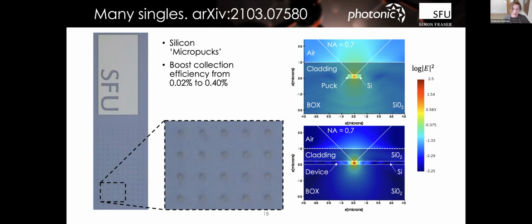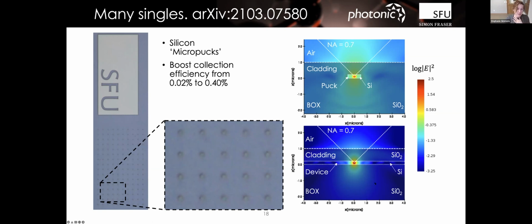So what we did is we patterned just pucks. And it's kind of a rip on the pillars that were discussed in some of the early talks, but it's because they're not really tall. They're more like pucks than they are pillars here. And the picture is silicon. For all of its features, it actually is very good at keeping light inside. So it's a high index material, right? Higher than diamond. And so what makes it very, very good as an integrated photonics platform, keeping all the light inside, makes it really hard to take a look at individual centers on a SOI structure because it actually guides the light inside the silicon. Very little of the light actually comes directly out.